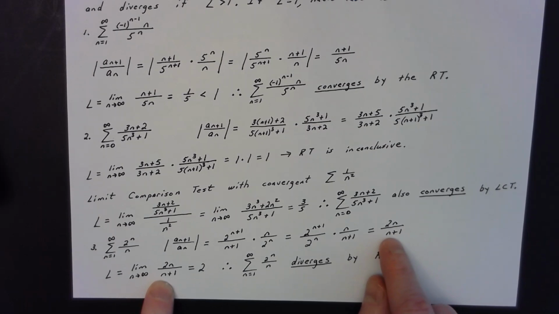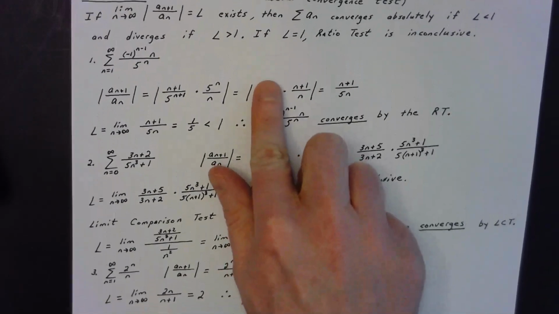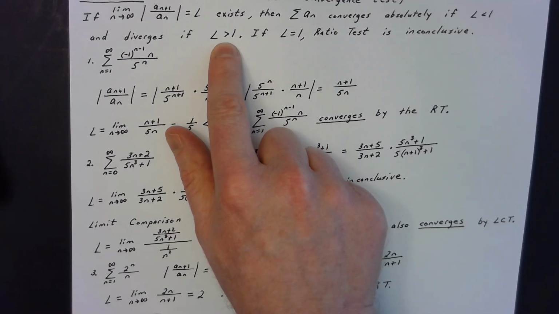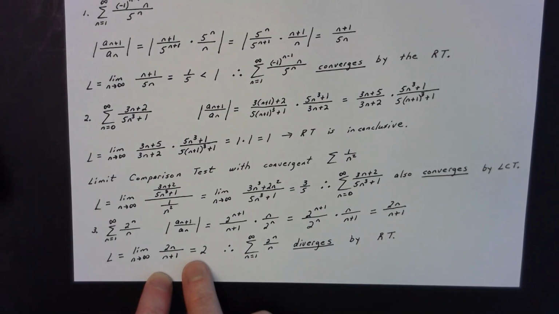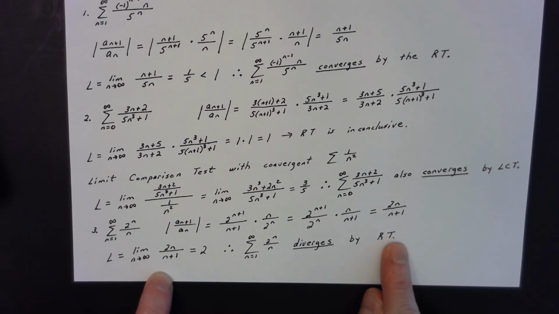Now, the ratio test tells us that we're supposed to take the limit as n approaches infinity of the absolute value of that a sub n plus 1 over a sub nth term. So I do that down here. But if I take this limit as n approaches infinity, the limiting value is 2. And notice, anytime the limiting value is greater than 1, you know that your test is going to diverge. That's what I said here. Since that limiting value is 2, therefore we know that the series of interest diverges by the ratio test. Gorgeous stuff.